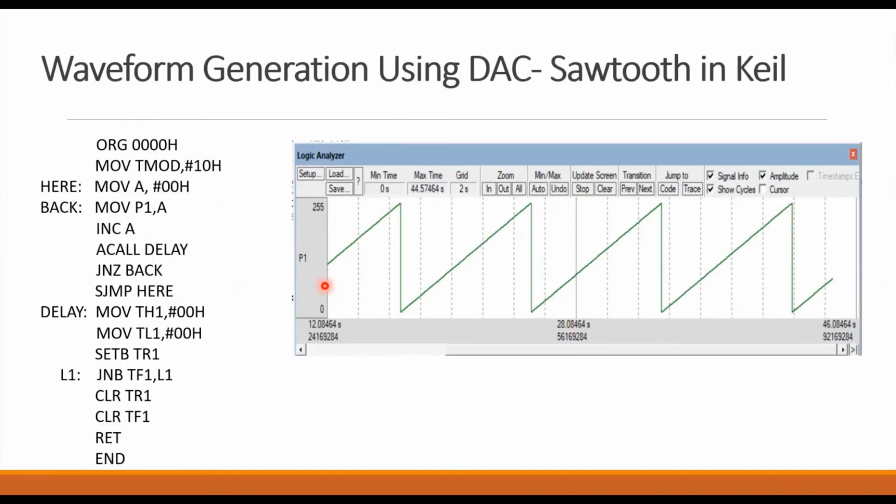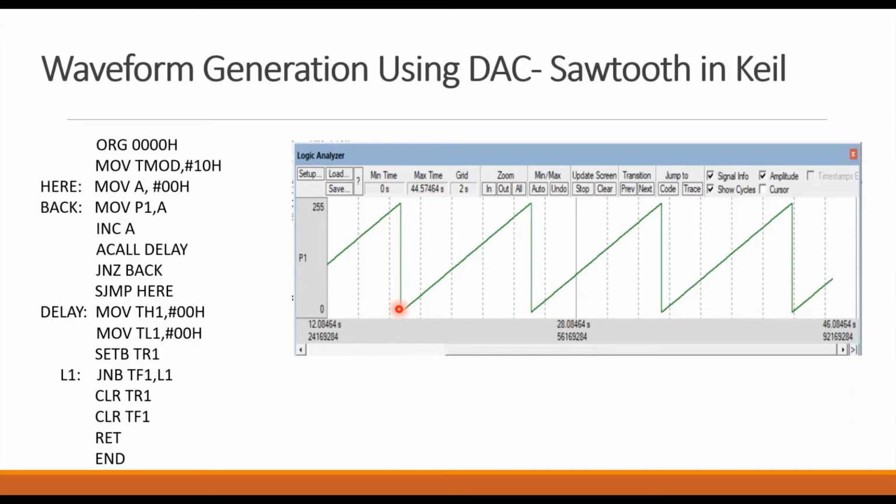So the same program I have tried in Keil. See here, incrementing is done by 1 only, so you are not able to see the stairs in it. You can see a sharp rise. And when it reaches FF, that is when JNZ applies, it gets incremented by 1 and reaches 00.